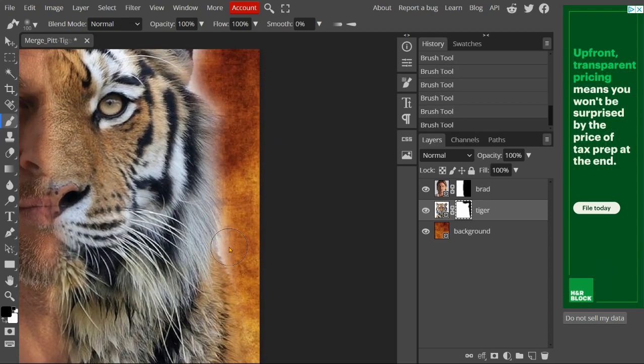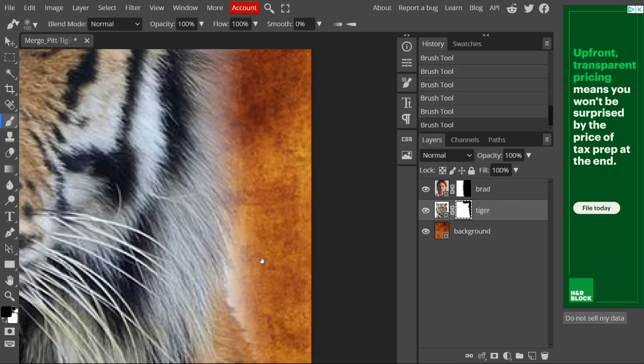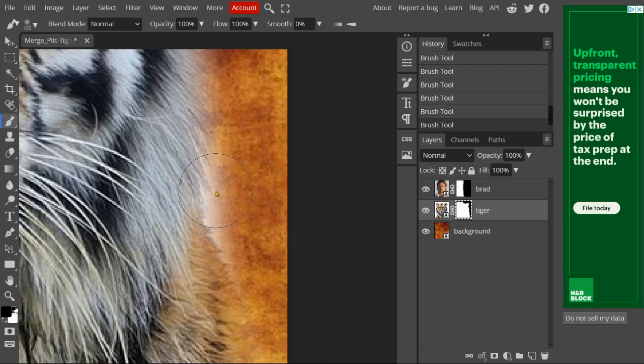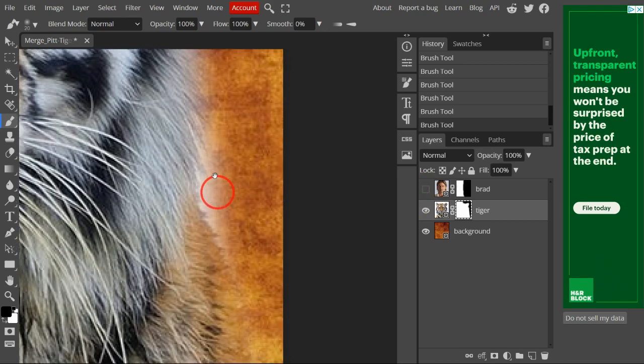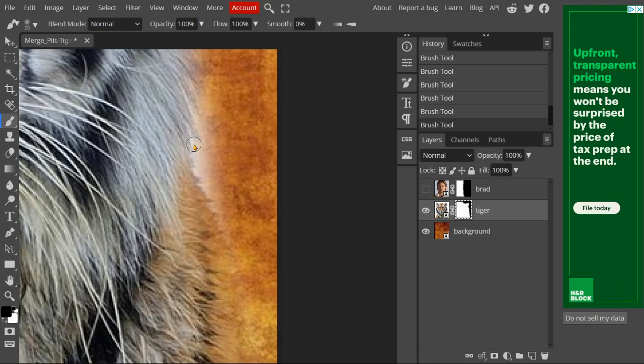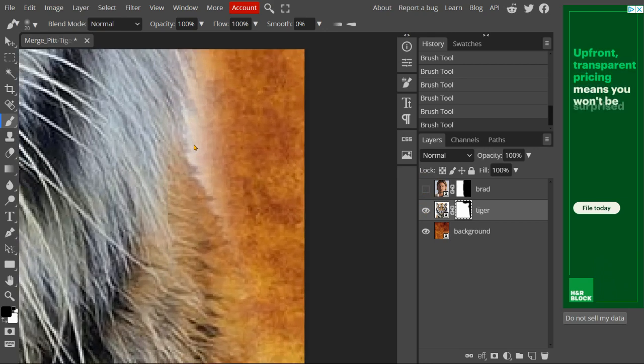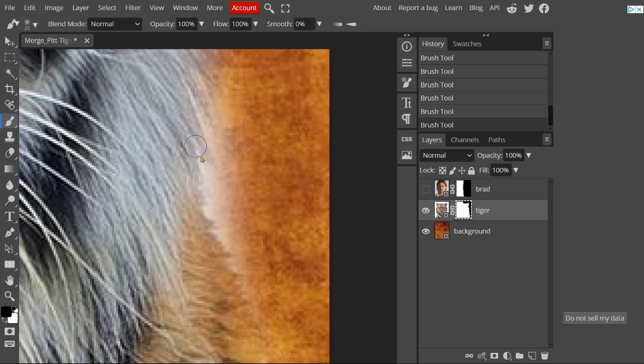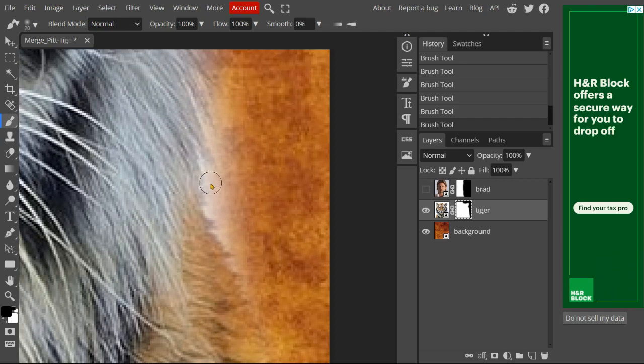Now, the other thing I want you to focus in on here is I want you to get as much of the shagginess of the hair as possible. So I'm going to reduce this brush way down. I'm going to turn off the Brad Pitt layer so that I can focus in on this area. And you can actually zoom in pretty tight. You can start to see the pixels here, the jagged rectangles, squares. And I'm going to get that brush really tiny